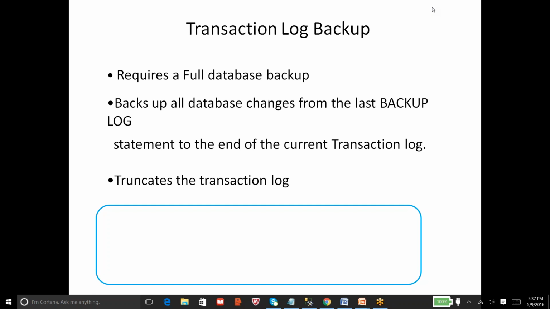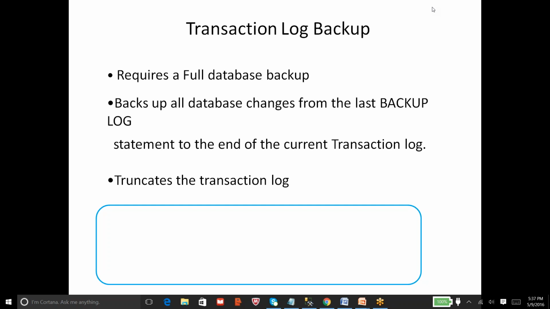So that is the reason I have told you, if you keep your database in full recovery model, what happens? Each and every activity on the database will be written into the log file. So in that case, it is advised to take regular log backups, because these log backups take responsibility of clearing the committed data inside your LDF file.